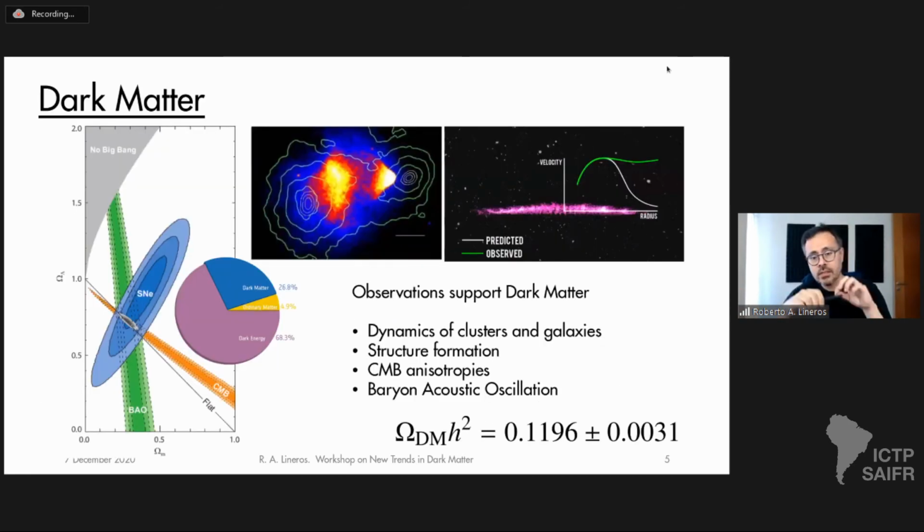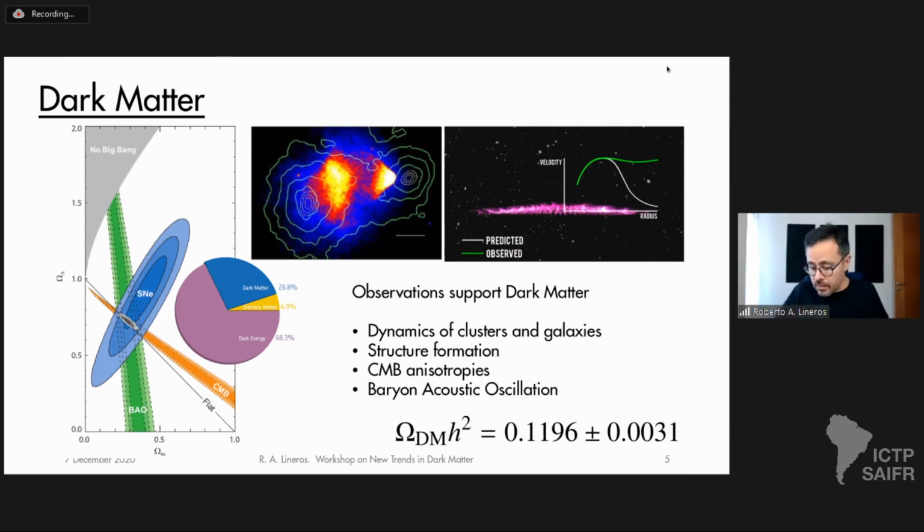So we go first with the first proof of beyond standard model physics, which is dark matter. We already know that dark matter is a very nice hypothesis suggesting that not all the matter in the universe is visible matter. There is a part that does not interact as often as we know with other particles in the standard model itself.